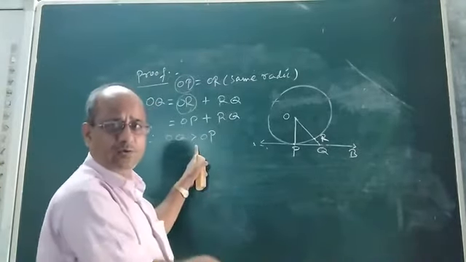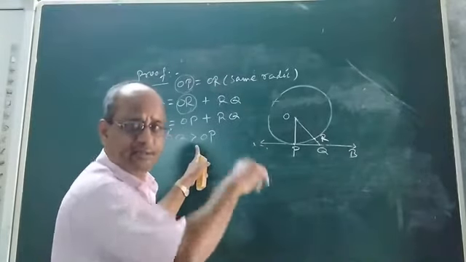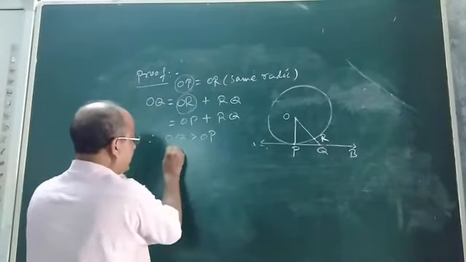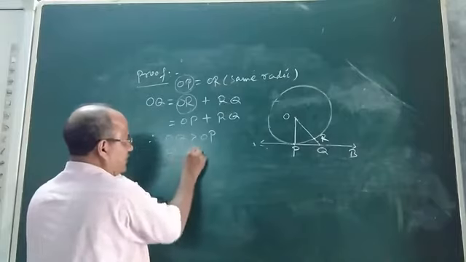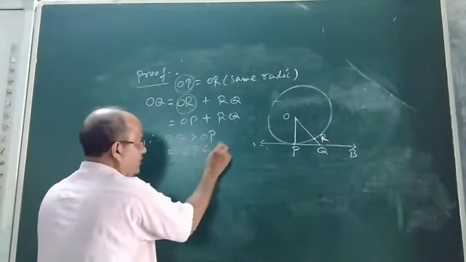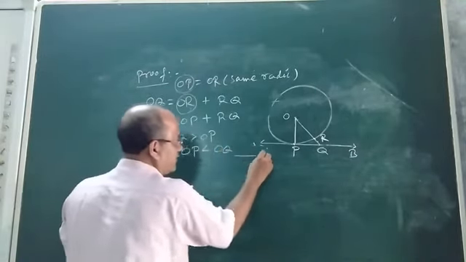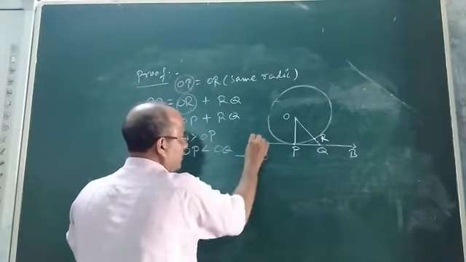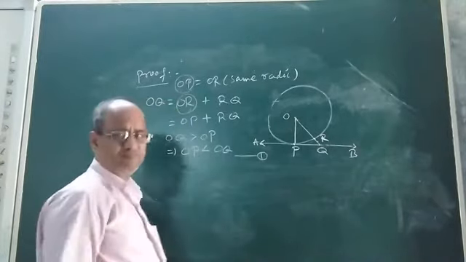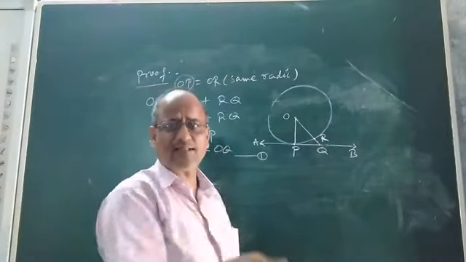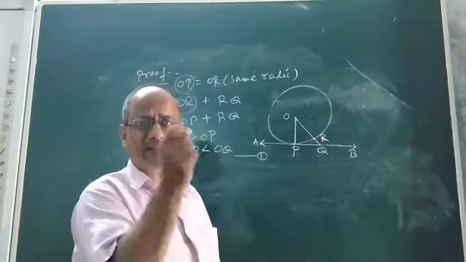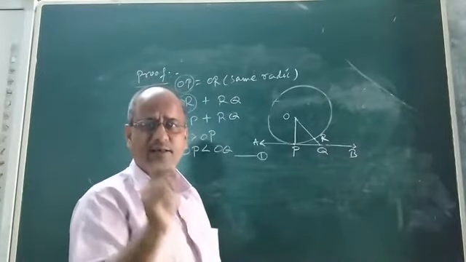Now you reverse the inequality. On reversing the inequality, what will we get? If OQ is greater than OP, then no doubt OP will be less than OQ. So this is, suppose, condition 1. Now you see, children, let us go back to class 9 for a while. In class 9, in the chapter on circles, there was a theorem.